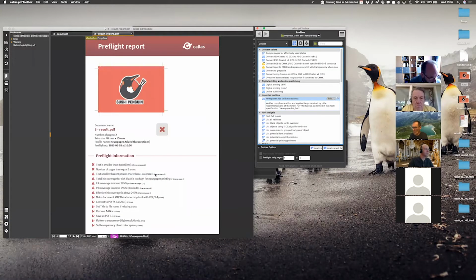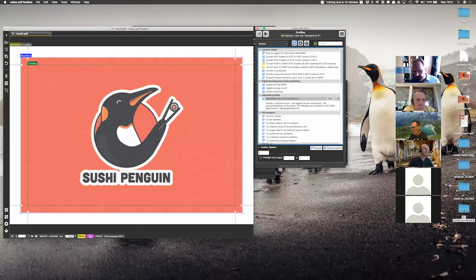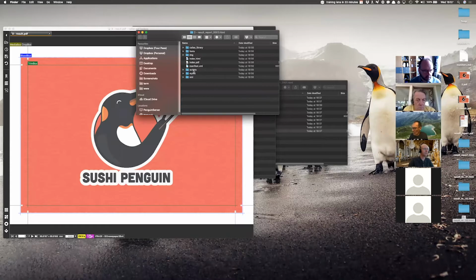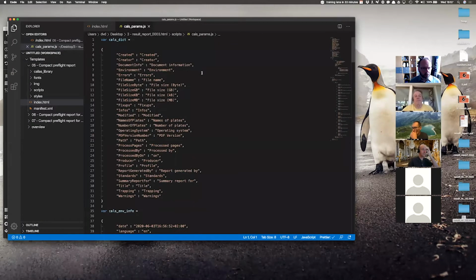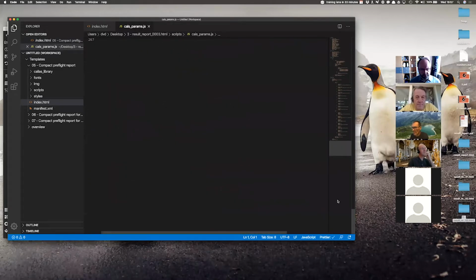And now if you look at the fix-ups, that item is no longer there. Why is it no longer there? Well, because I put that custom ID in there. And what happens with that custom ID, I'm going to go back to my result folder. So this is the template that was just used for this Preflight run. If I open the cals params,